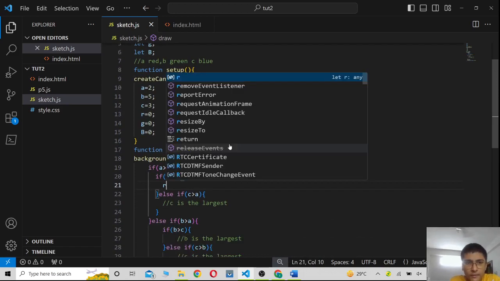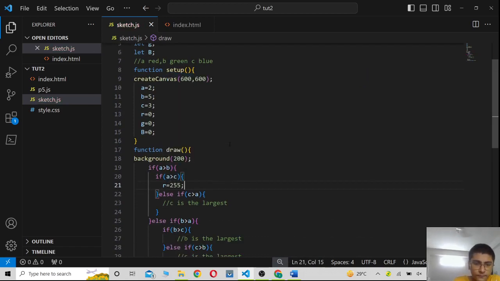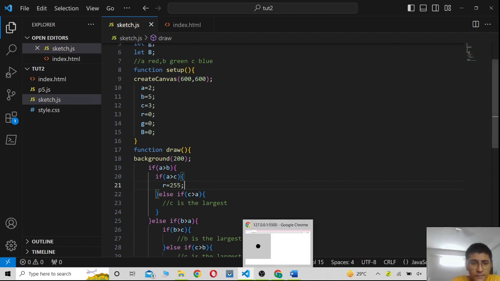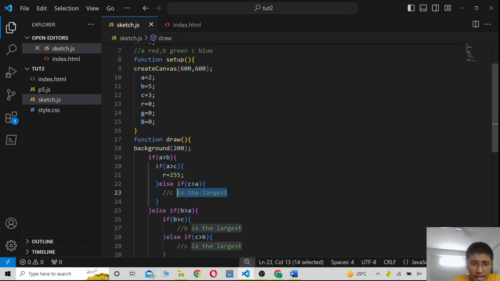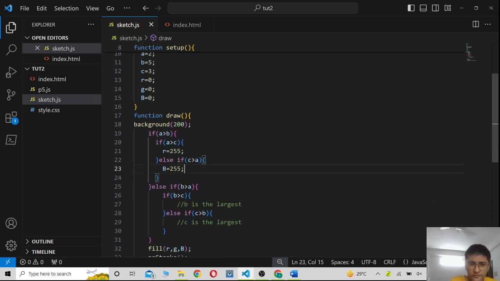So I should set my R to 255. If C is the largest, I should set my B to be 255, right? And if B is the largest, then my G should be 255, because I want the green value to be the highest to show the green color in itself. And if C is the largest,